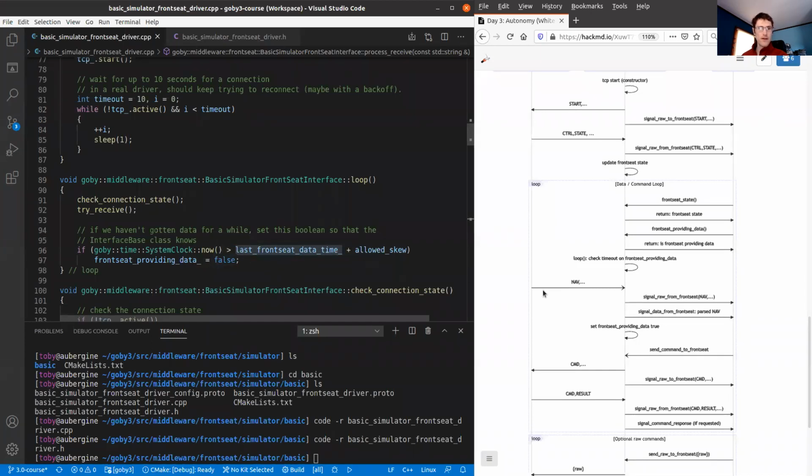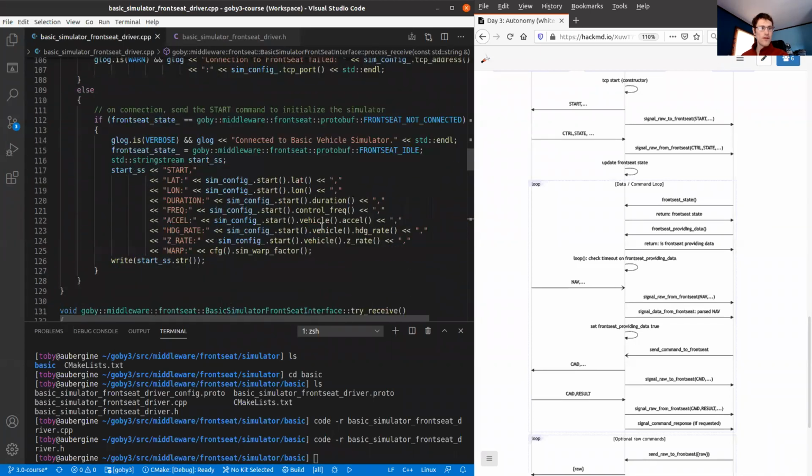And then the interface will automatically go into an error state, at which point that's sort of an existential question as to what to do, given that usually you can't recover the vehicle without the front seat working. But it's also why the front seat would have to implement some sort of recovery safeties of its own, because the payload only has so much control in that situation.